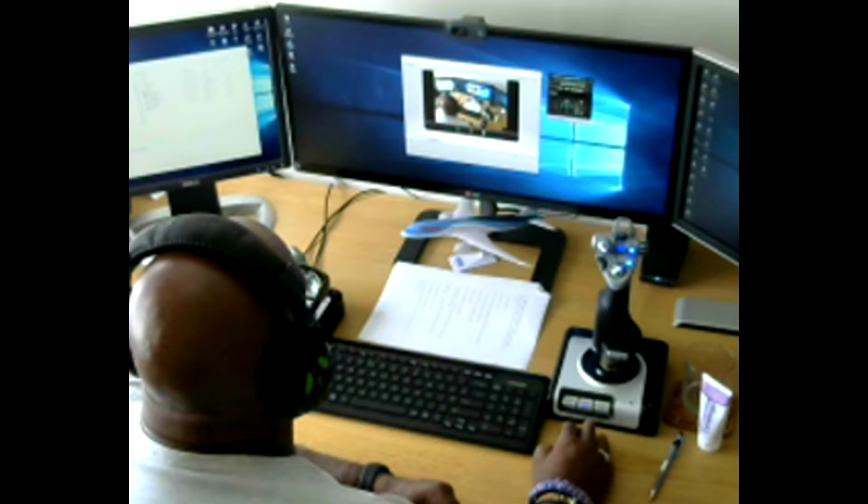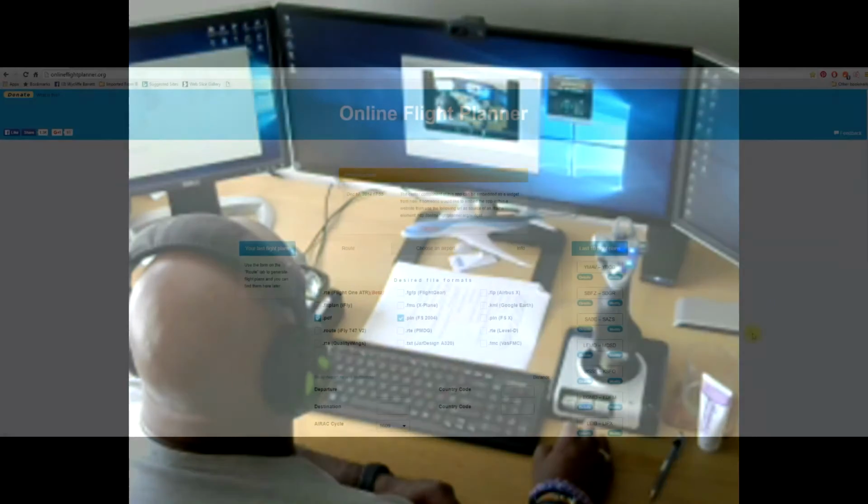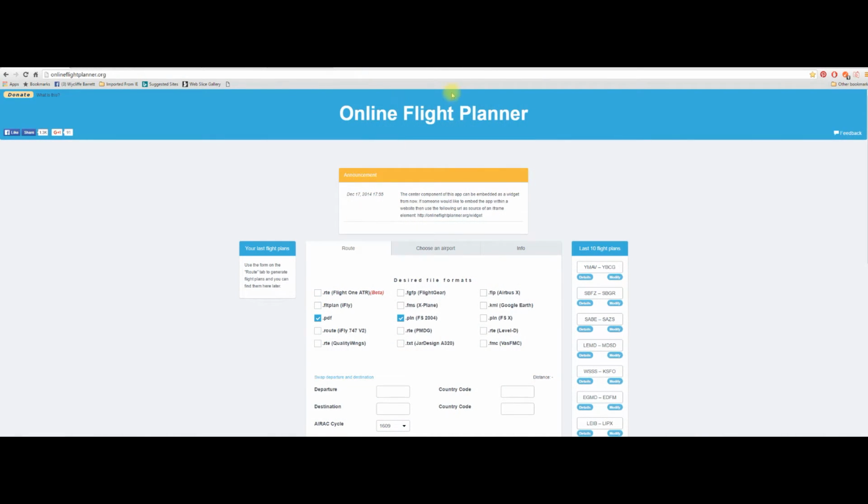I thought I'd do this because I had a conversation with somebody the other day and they were talking about online flight planners. So I did a quick trawl around the internet and I came across a number of them. First one up is this one here called Online Flight Planner. Very straightforward, very simple. You can export out your plans in a number of different ways. You can even export them out to different aircraft, but obviously being Xplane we need to use the Xplane format,